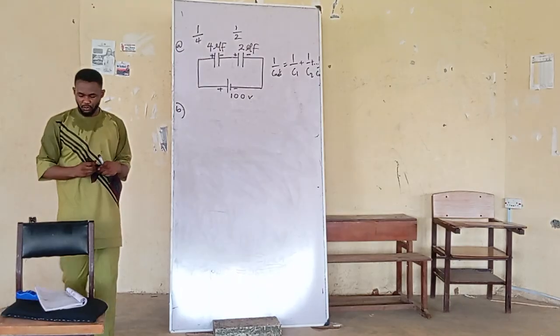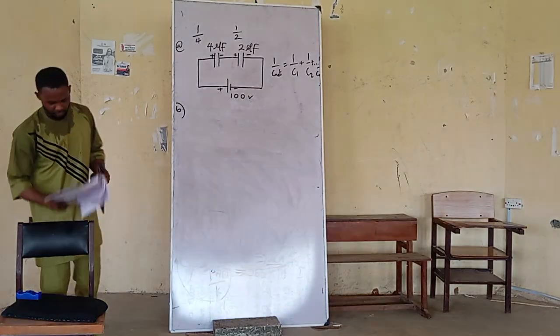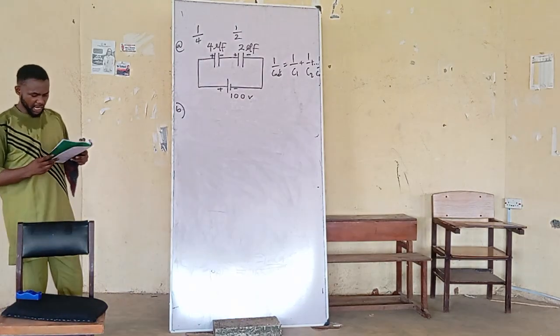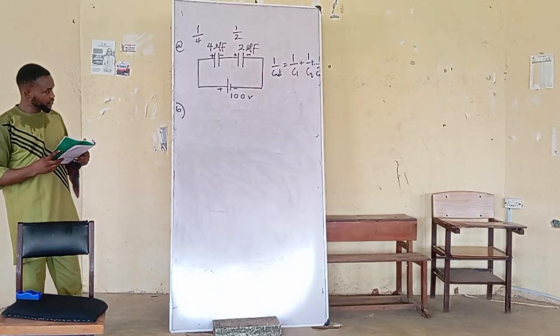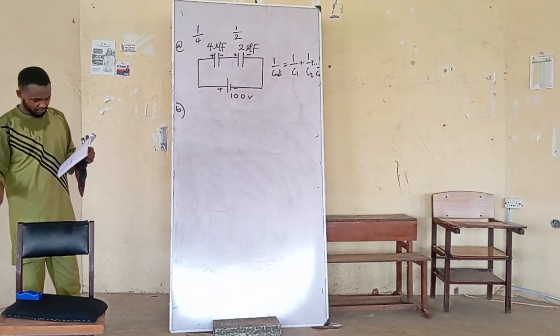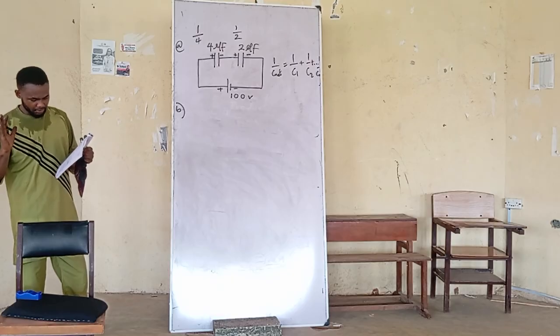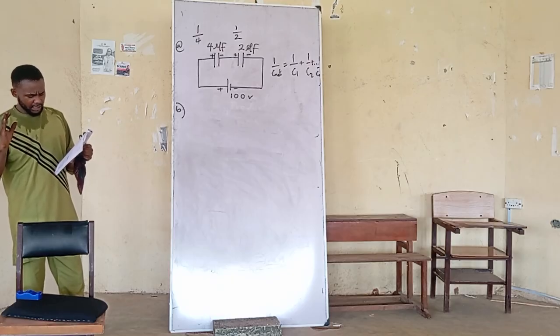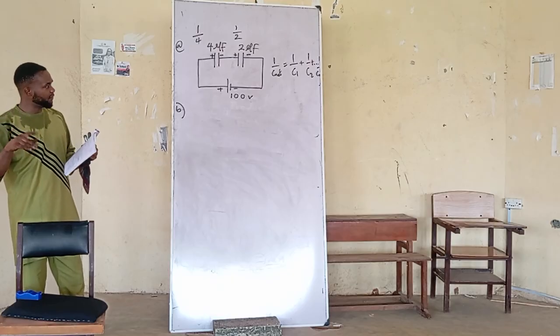The B part of that question says the connections are broken. The connections are broken simply means they remove the battery first. That is the first thing about broken. Now, then it says the like terminals. That means even the capacitors themselves are disengaged,